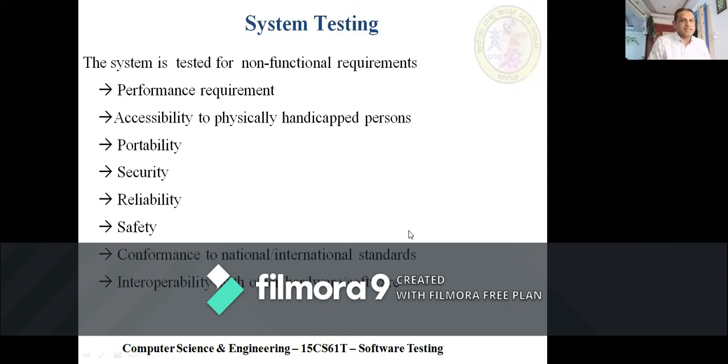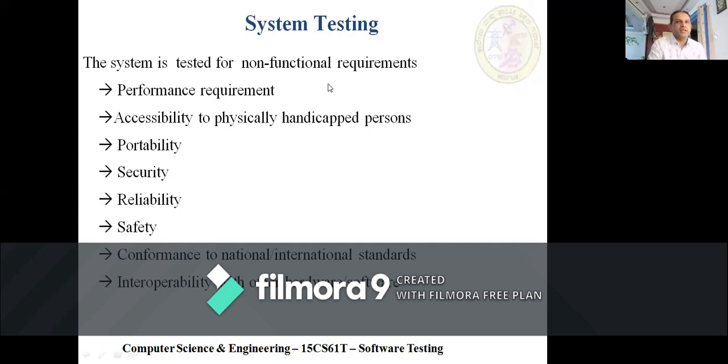The system is tested for non-functional requirements: performance requirement, accessibility for physically handicapped persons, portability, security, reliability, safety, conformance to national or international standards, and interoperability with other hardware or software.